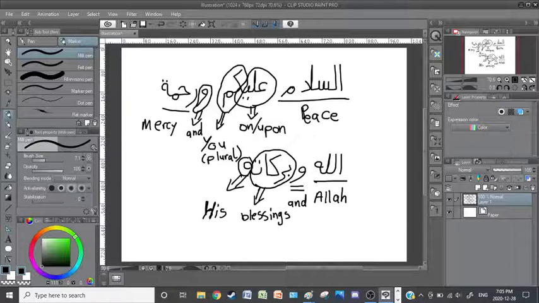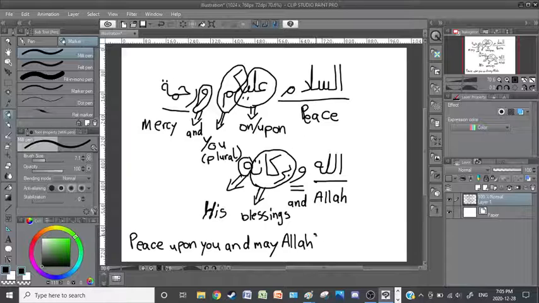So in its entirety, the greeting would be peace upon you, which is plural, and may, which is not in the greeting, but to translate from Arabic to English, this would actually be rational to put contextually. May Allah's mercy